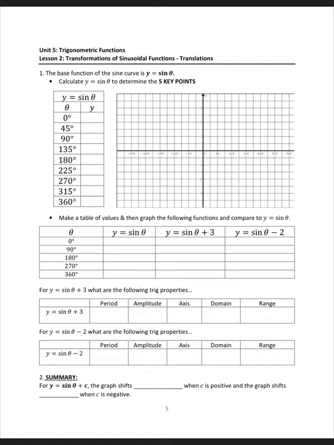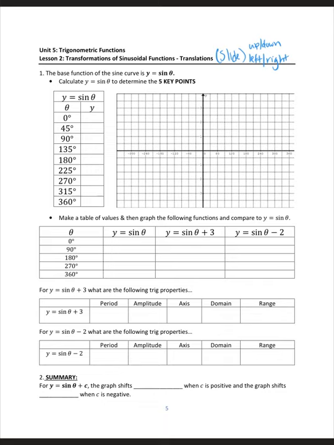Good morning, everyone. Today we're doing Unit 5, Lesson 2, Transformations of Sinusoidal Functions. So the next two lessons are going to be about different types of transformations of the sine and cosine curve. Today we're just going to look at translations. So translations, remember from years past, translations is just another word for a slide. So that means we're going to slide our function up or down, as well as left or right. So those are the types of transformations we're going to look at today, just moving them in one direction or